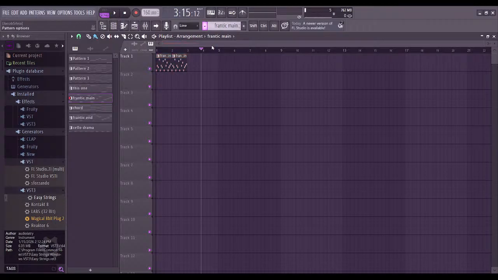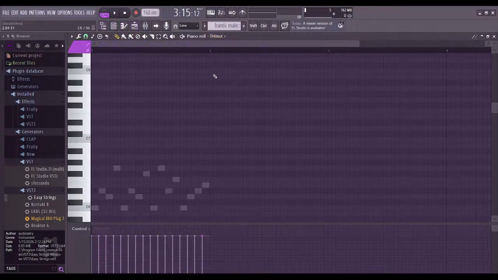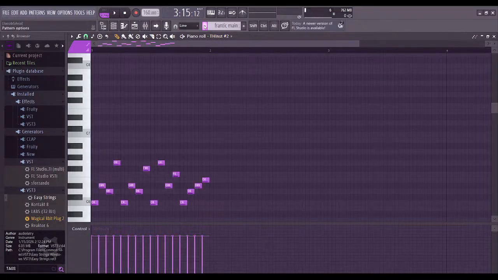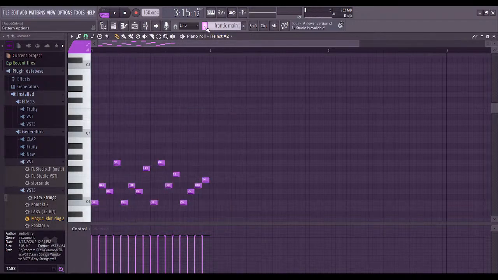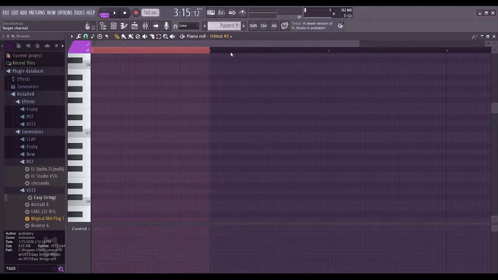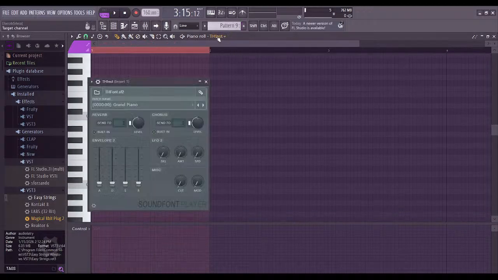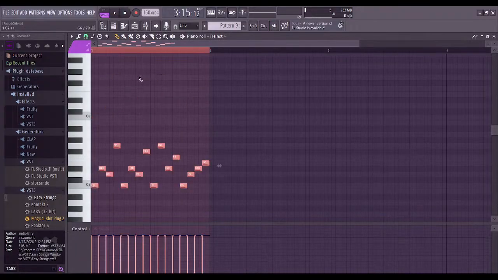I want it to start lower. So let me just, why do I have this on two different, hold on. Wait, what was the first, okay, I don't know why I have this on two different things, but okay, yeah. This is still piano, right? Yeah, I don't know why I have two of them. Okay, and then this just